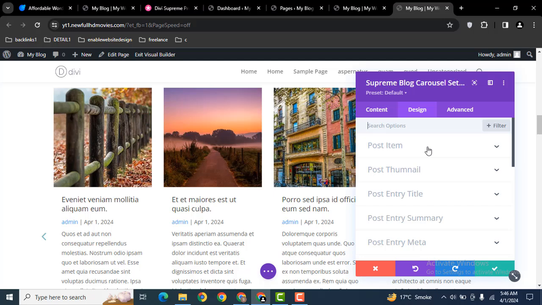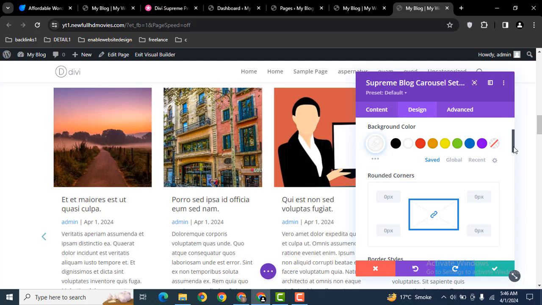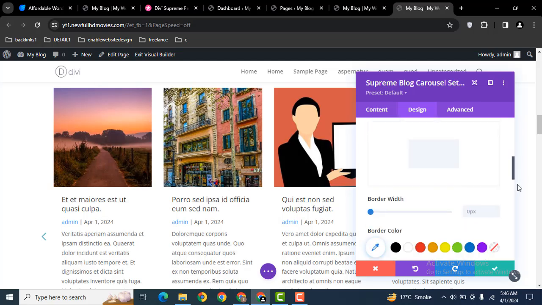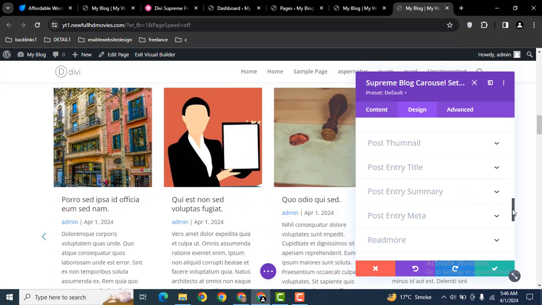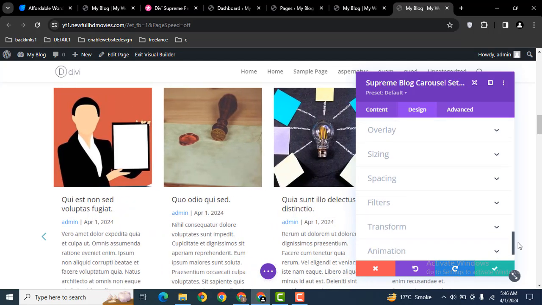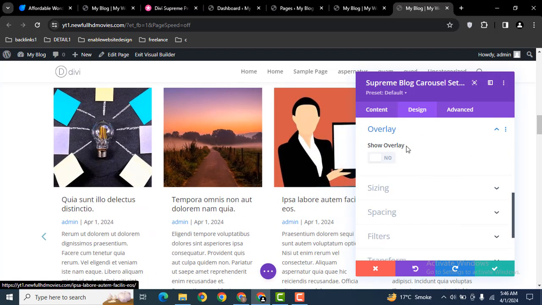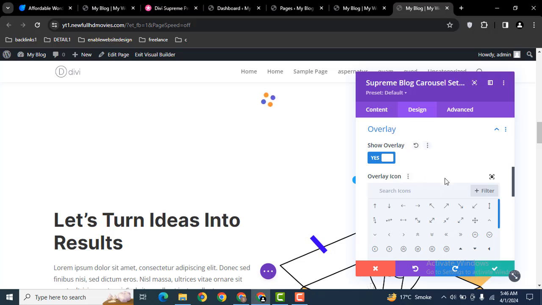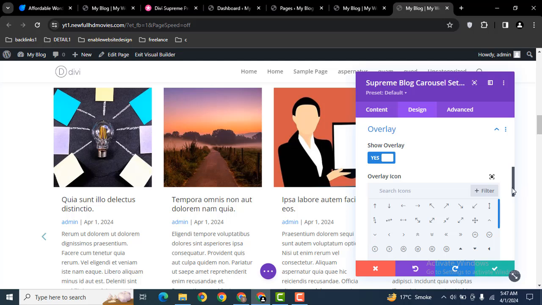Then go to the design tab, post item. So you can add a background, border as well as box shadow. And you can also customize and change the content, for example title text, description, and you can add spacing and sizing. You can also add some overlay. Now here you can see there is some overlay. Then scroll down